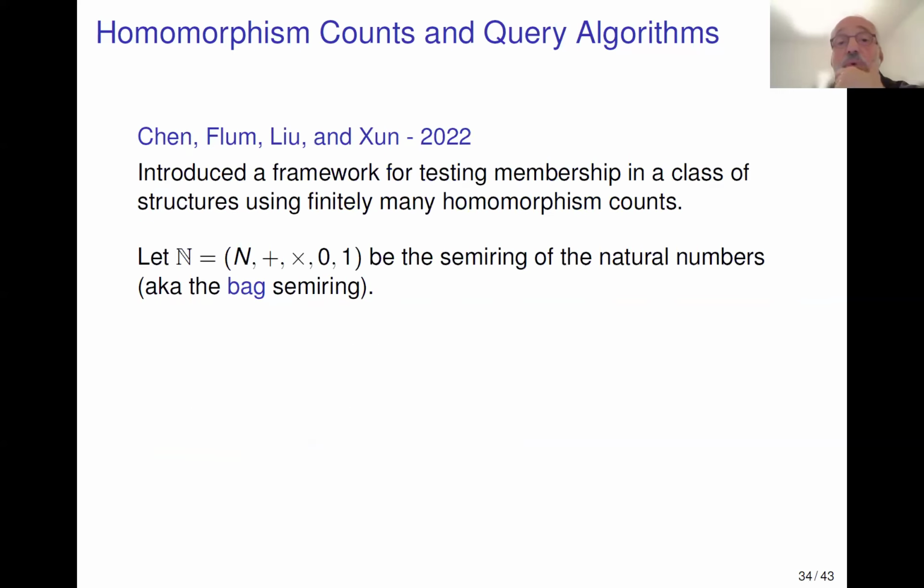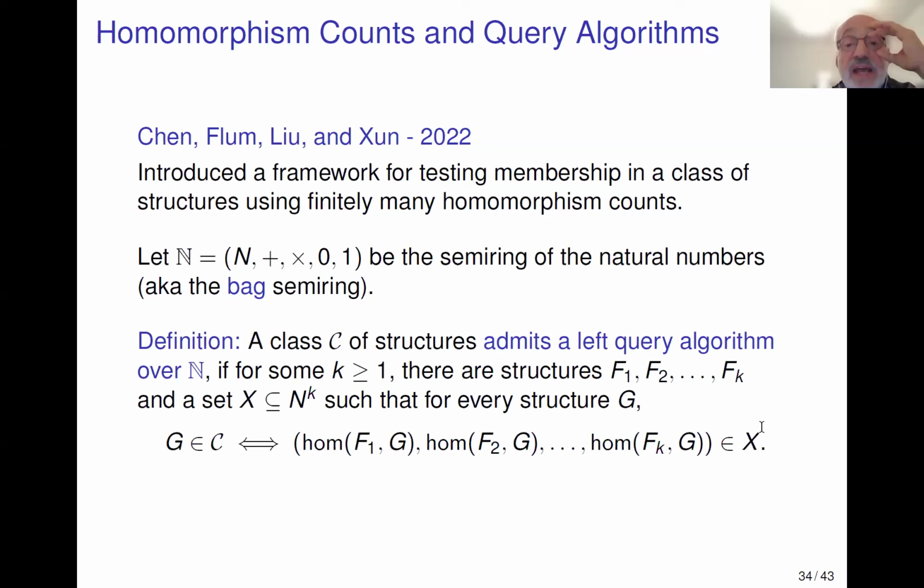So they introduced a framework for testing membership in a class of structures using finitely many homomorphism counts. Let's take the semiring of the natural numbers, which is also known as the bag semiring. We say that a class of structures admits a left query algorithm if there are structures F1, ..., Fk for some k, and a subset X of N^k, so that a graph belongs to the class if